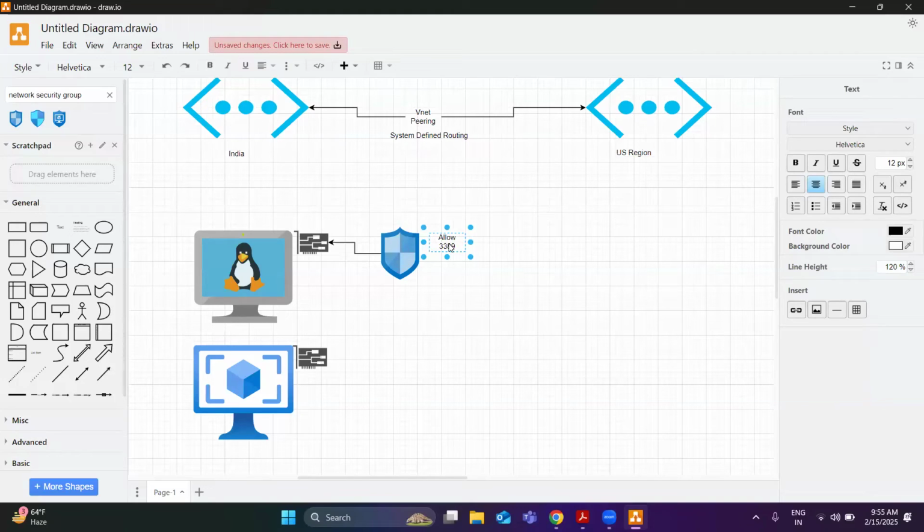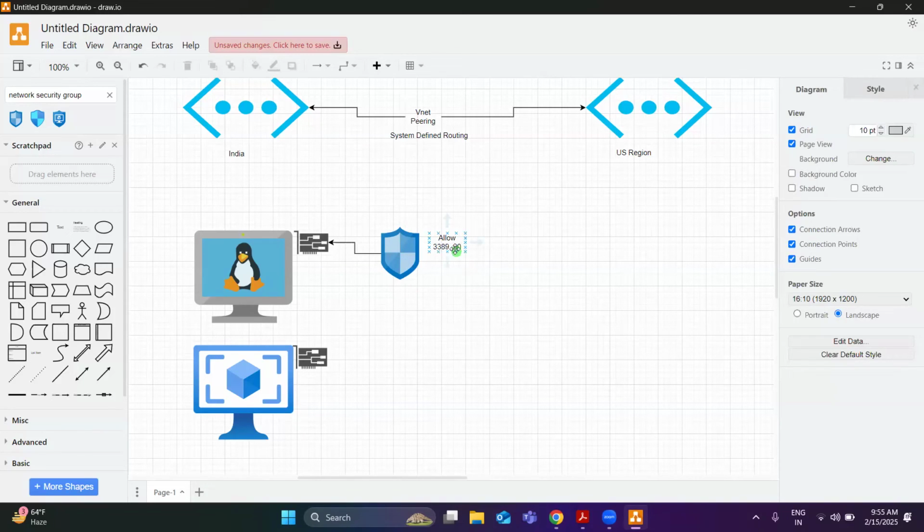You want to allow port 80. So now these rules are going to work for this NIC only. Likewise, if you are going to have